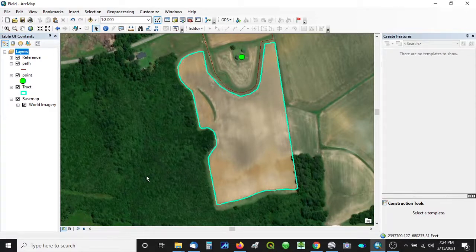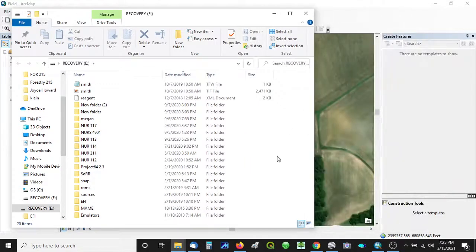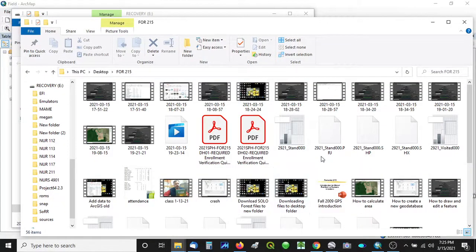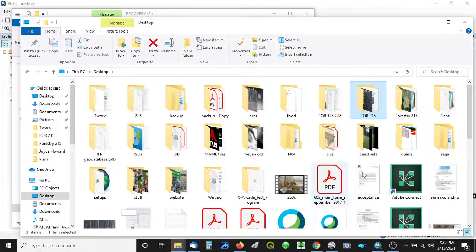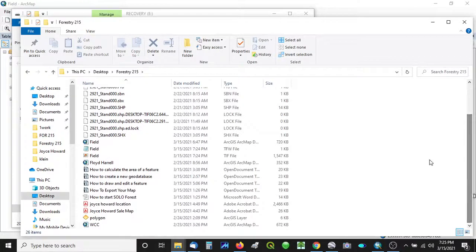So now we're going to insert our flash drive into the USB port, and it brings up the stuff that's already on the flash drive. So that's good. Let's go back to the folder that we had open earlier, which was Forestry 215. I think that the one we want is called Forestry 215, not 4215. So Field,